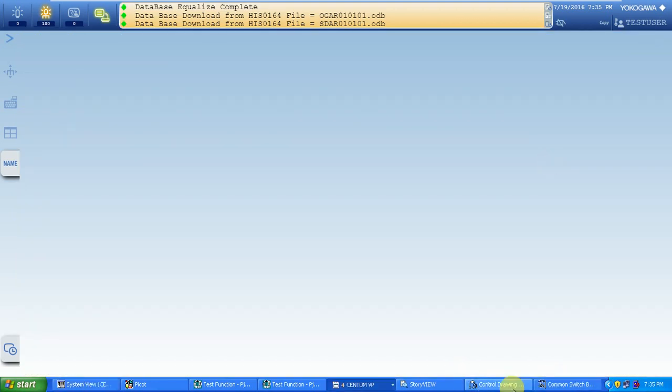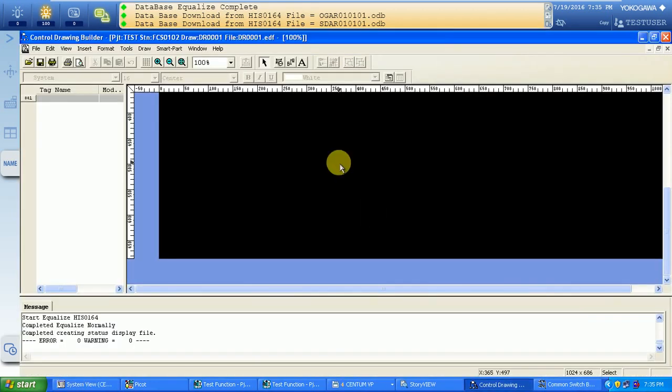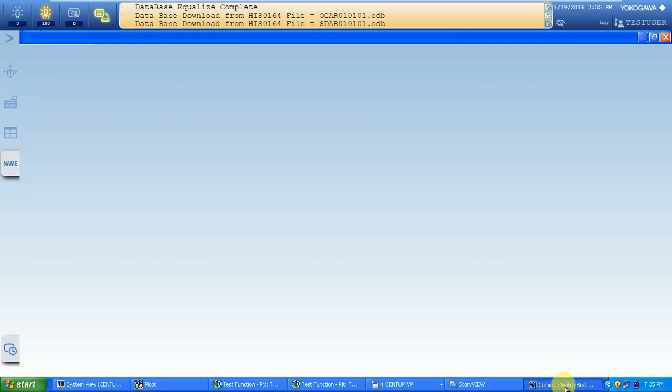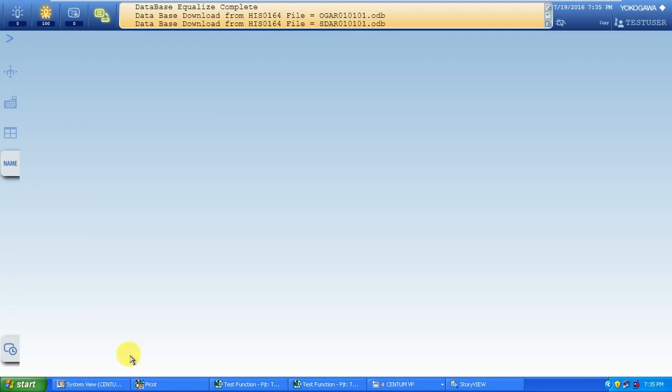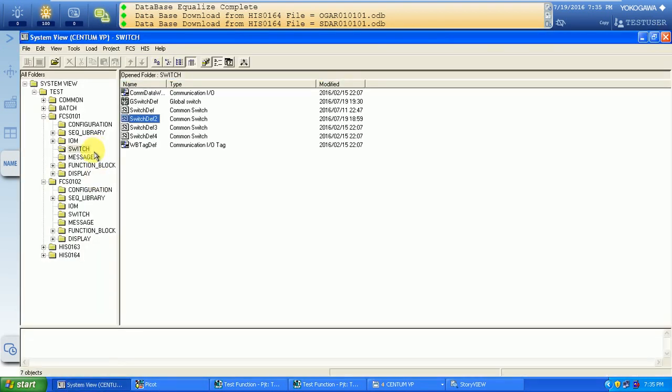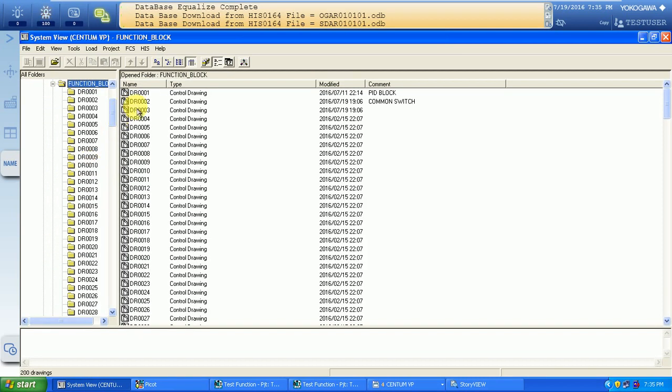So now we need to open an empty drawing in controller 1 for accessing the global switch data from controller 2, FCS0102.